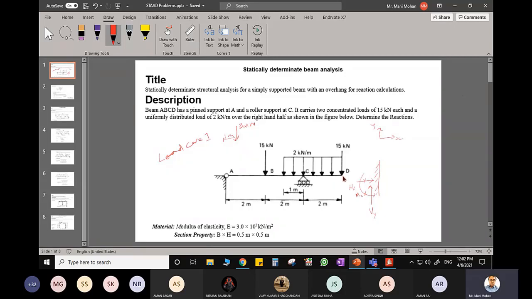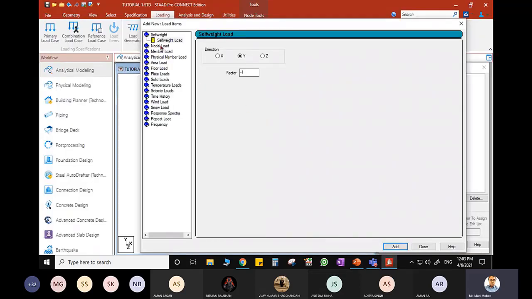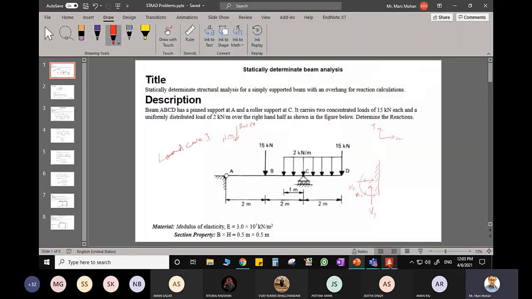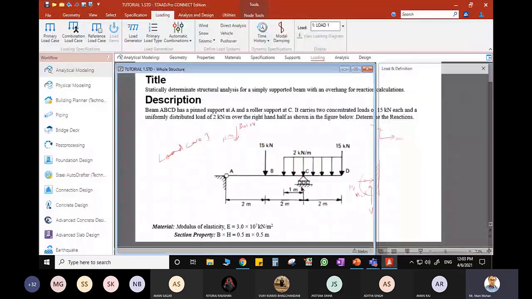So at node D, where a concentrated load is acting, which is 15 kilonewton, you see nodal load. It is acting at the node, and the magnitude is 15 kilonewton.